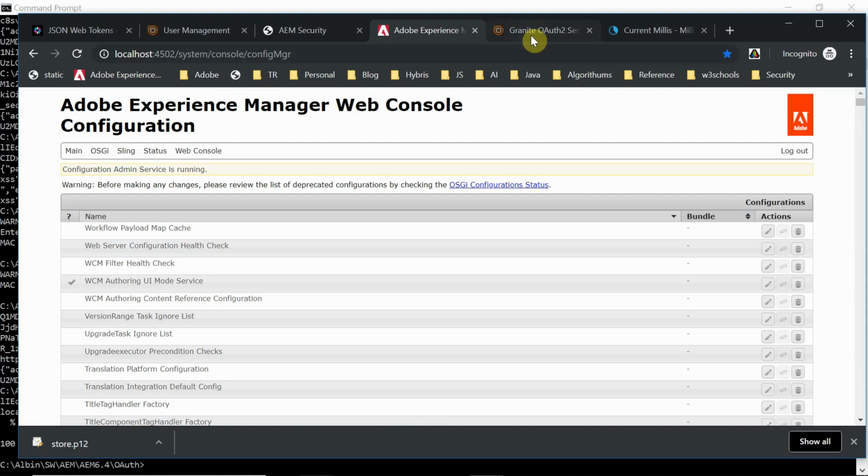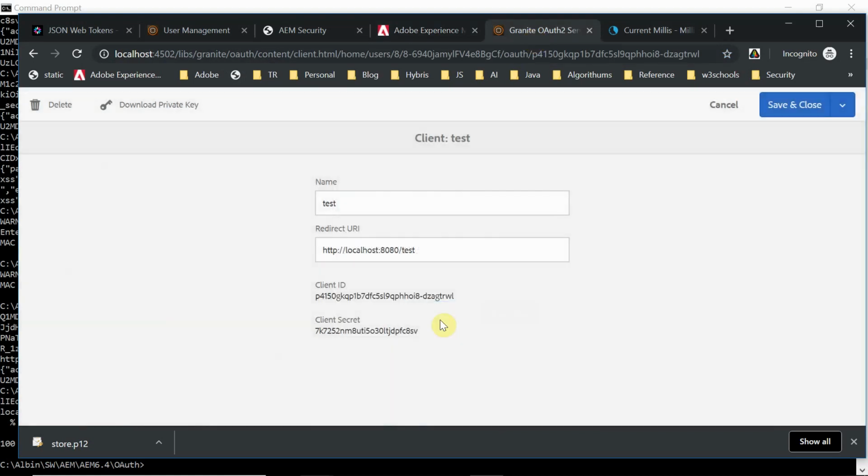Now go back to this client definition. Now you see here there are only two options, delete and download private key. But if I refresh now, after enabling that, you see one more, revoke all tokens. But anyway, I am not going to revoke this token for now, because if all the tokens are revoked, then I need to regenerate the token for the next scenario. I will keep it here. We will come back here. Yeah, this is the first option.